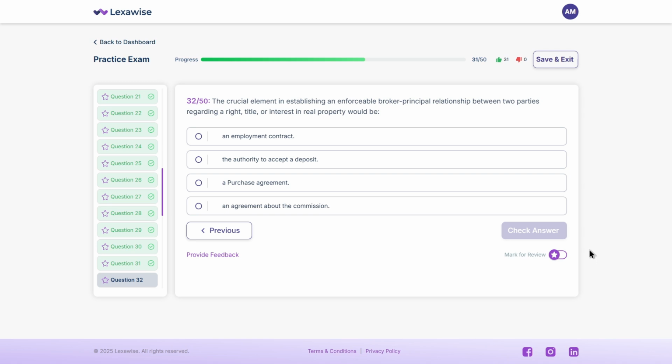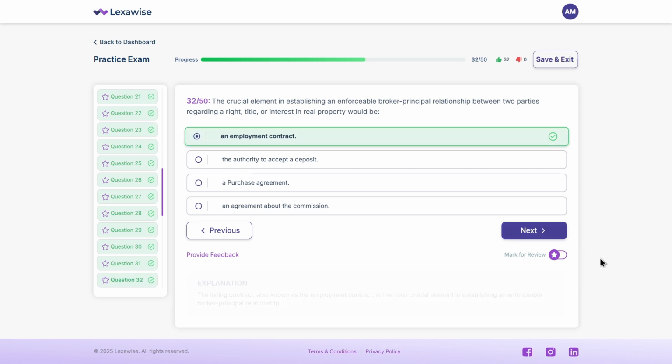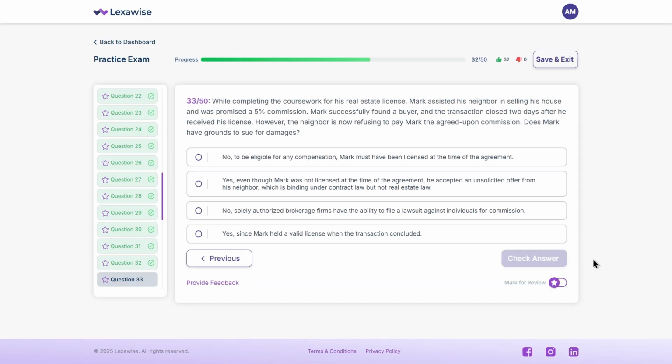The correct answer is A. An employment contract. That's the formal agreement that creates the agency relationship and authorizes the broker to act on the principal's behalf. Next up,